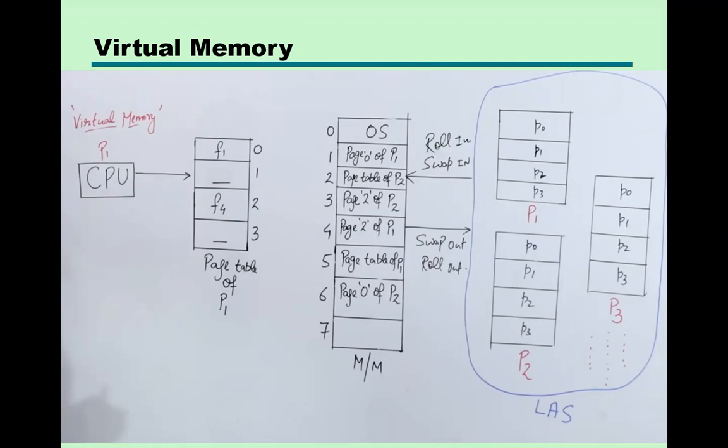So actually, what is the main purpose of virtual memory? The first purpose that we have discussed is that our main memory size is less than the hard disk. As you know, our hard disk size is 1 terabyte and main memory RAM size is 4 GB. So here 1 TB and 4 GB. You will find a big difference between main memory and hard disk, or the logical address space, right?